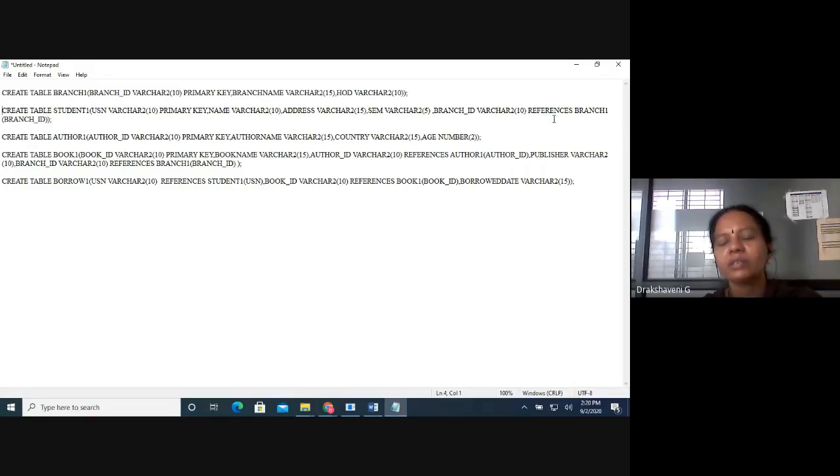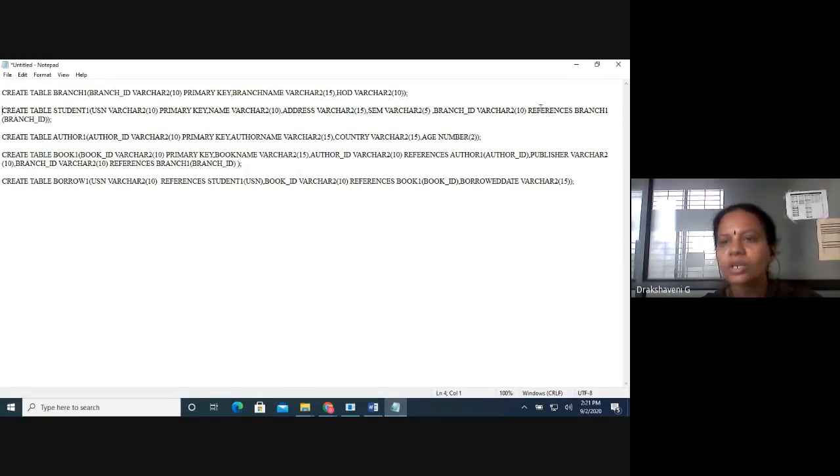So reference: what is this reference? It is called a foreign key. There are two keys here, one is the primary key and another is the foreign key. What is a primary key? A primary key uniquely identifies that table. What is a foreign key? When I am linking a primary key from some table to one more table, then I have to use a foreign key.